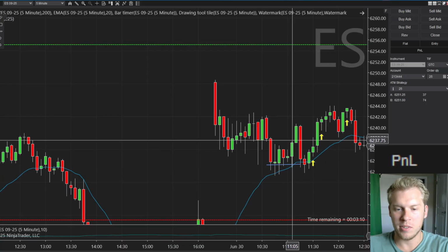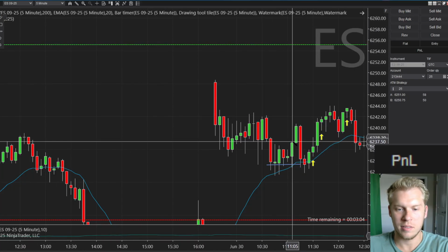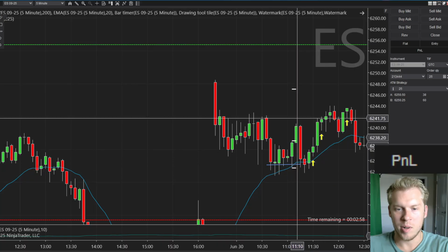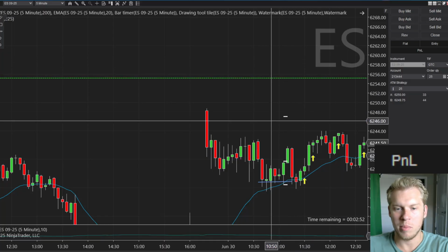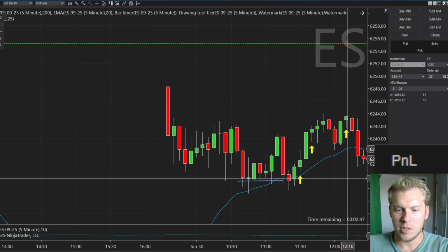You could buy above this first one here. But since that's earlier in the move, I think you need to do a swing trade on it if you did want to buy there. So you'd be buying, trying to get back up to the open, or you can probably even do like 3 or 4 times your risk and try to get out somewhere up here. Just looking at the scalps though,